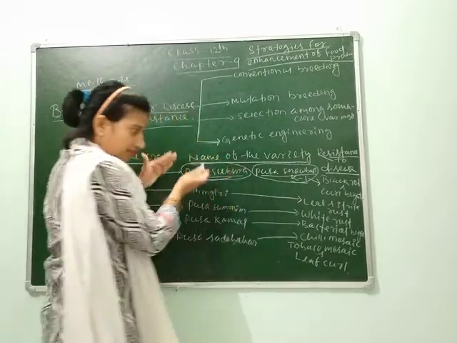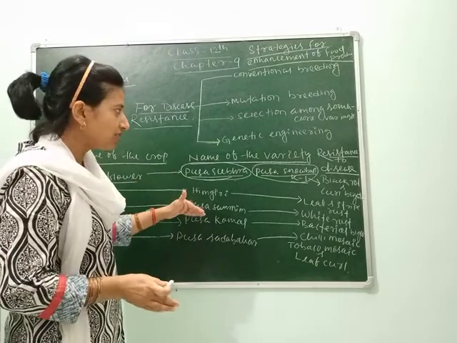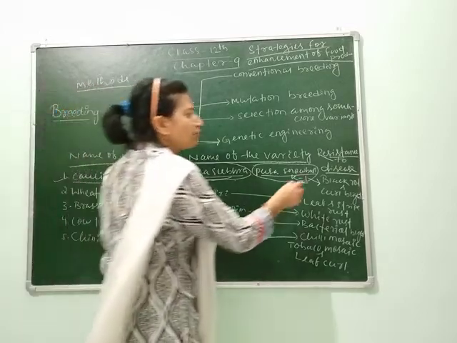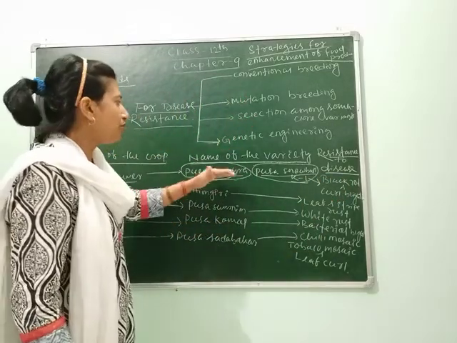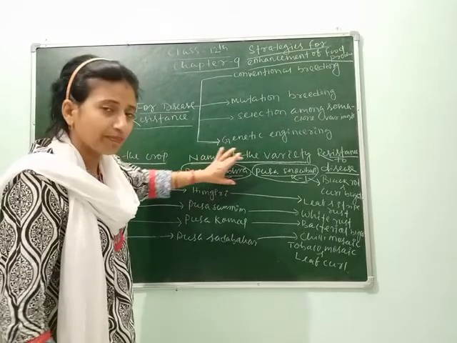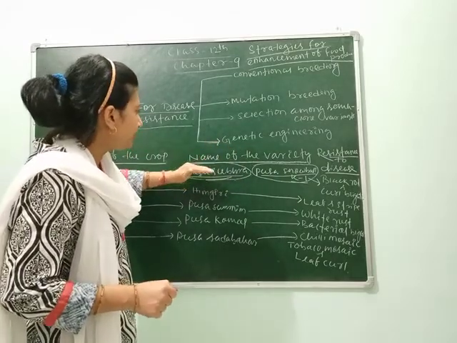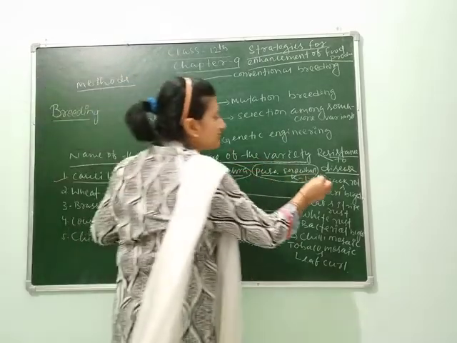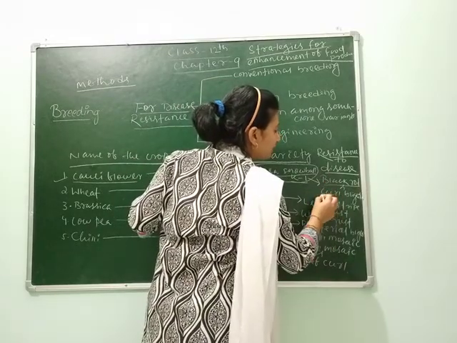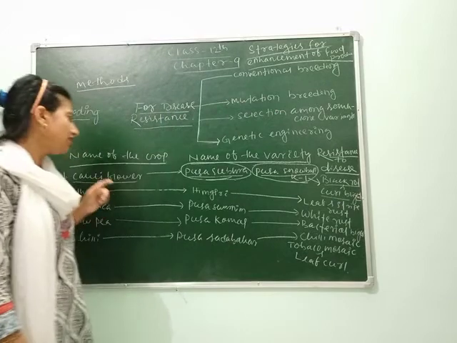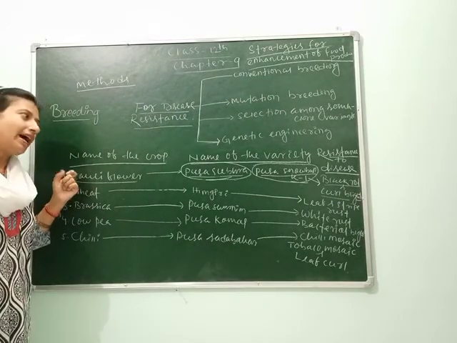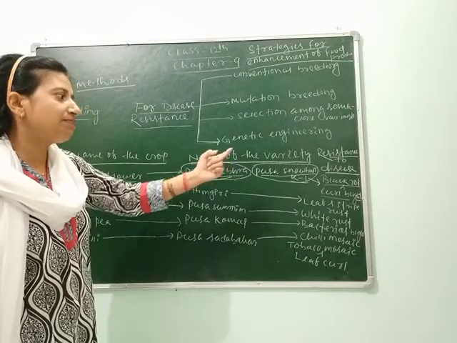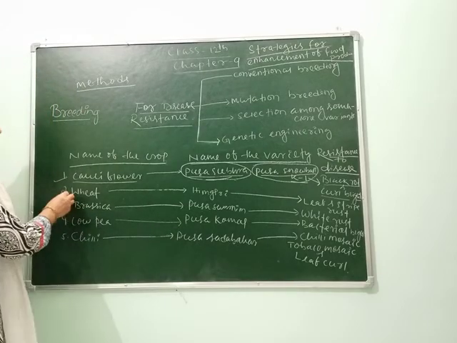Remember the name. This also comes in your board exams in a 3 marks question. Here, which variety of cauliflower has the resistance to the diseases black rot and curd blight? So you can write here Pusa Subra. This will be left blank to be filled by you. So you can write here Pusa Subra and Pusa Snowball K1. And this is resistance to black rot and curd blight. Clear students? So the crop is cauliflower, the varieties are Pusa Subra and Pusa Snowball K1, disease resistance: black rot and curd blight. Next is your wheat.